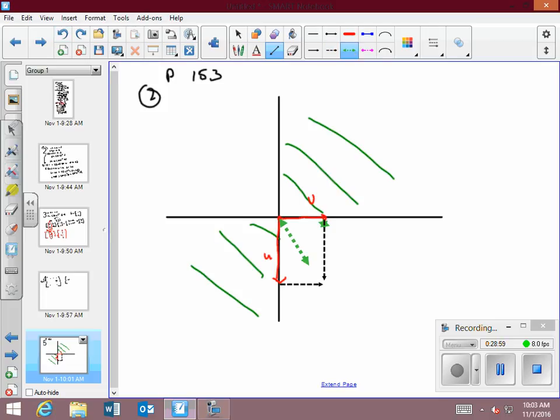U plus v would be right there. And notice it does not fall in that space, so that cannot be